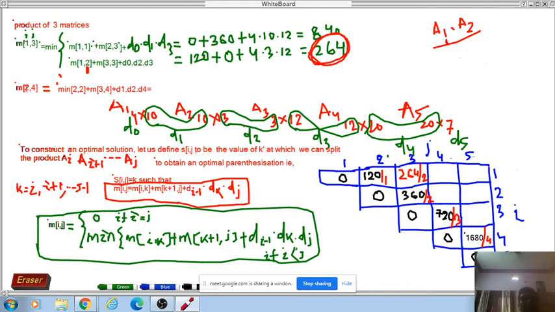Okay, so I am writing that value. Minimum of M of 2 2, column 0. This will be 0 plus 0 plus how much? 70 20 plus 10 12 20. Clear now? That will be something like 1320.